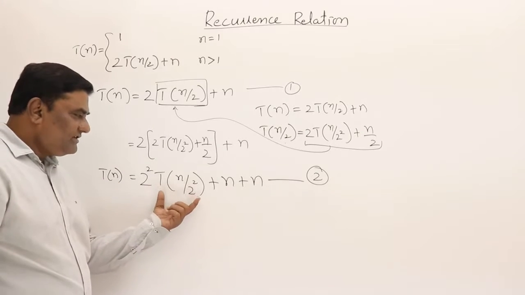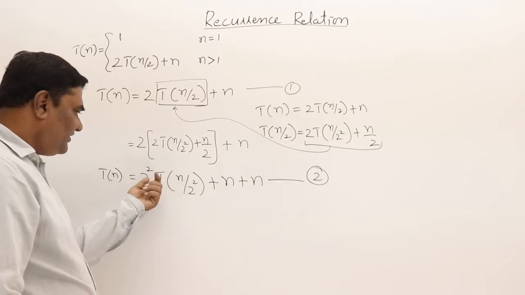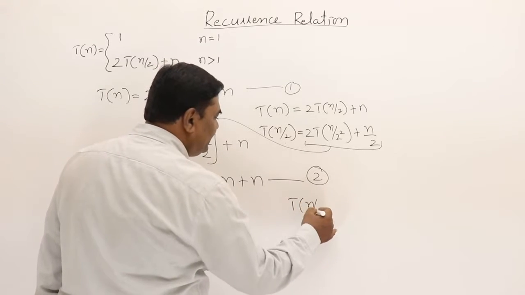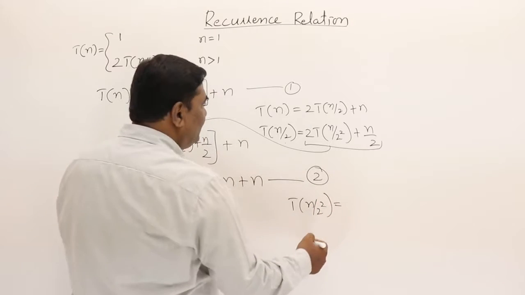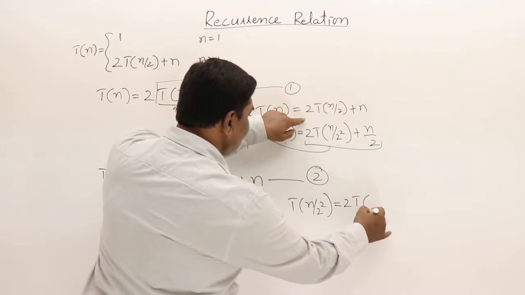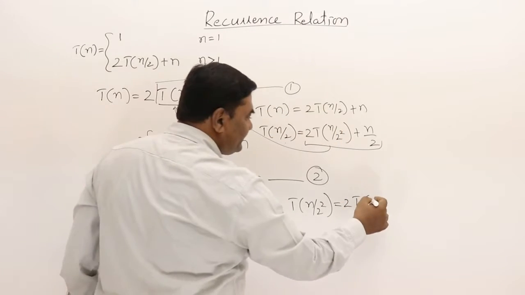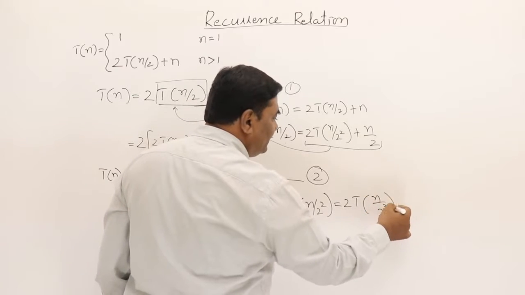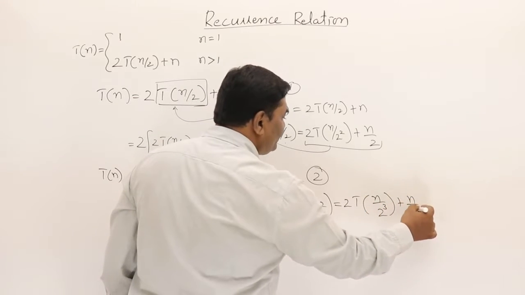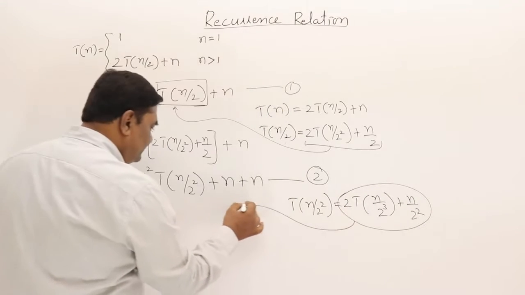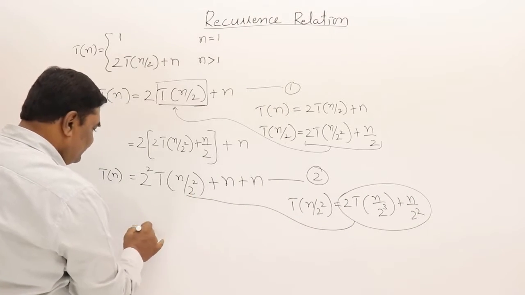Now I have to find out this one and substitute here. Let us see what is T(n/2²). So here I write T(n/2²). In place of n/2², 2 as it is, T(n/2²) is 2T(n/2²/2), but one more 2 is there, so 2³, plus n/2². This one has to be substituted here. So what will this be? 2²